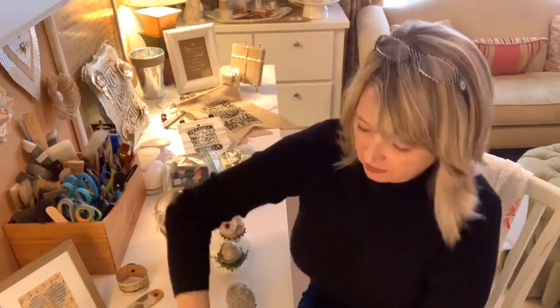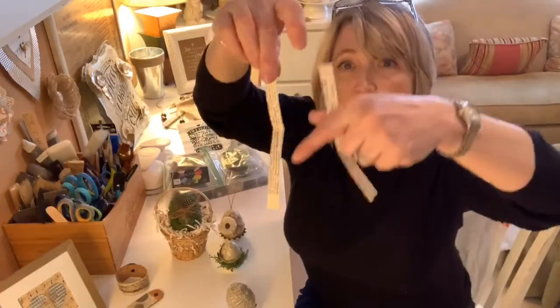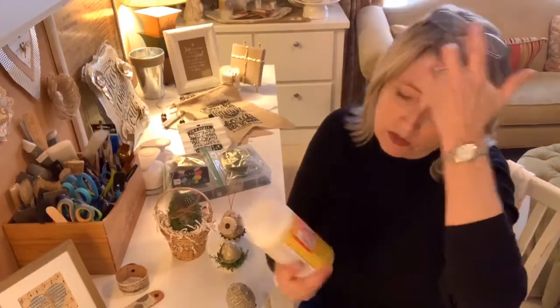Okay, and they're gonna look like this. You're gonna need some long ones and some shorter ones. So for the shorter ones, you can essentially just cut this in half. All right, they don't have to be straight, they don't have to be neat, they don't have to be anything. And then you're gonna pour a little bit into a bowl, sitting next to you, some of this Mod Podge in matte